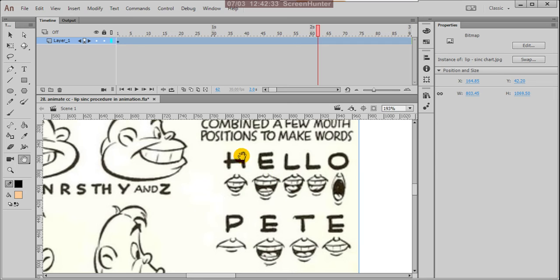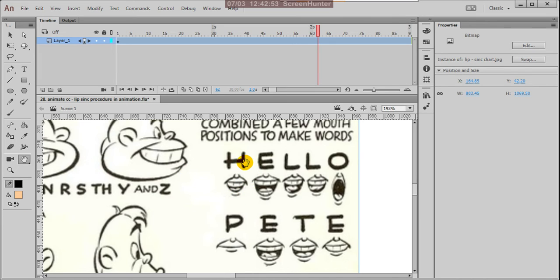First we have to write your word H-E-L-L-O on paper, and each letter can match with the proper, actual shape.